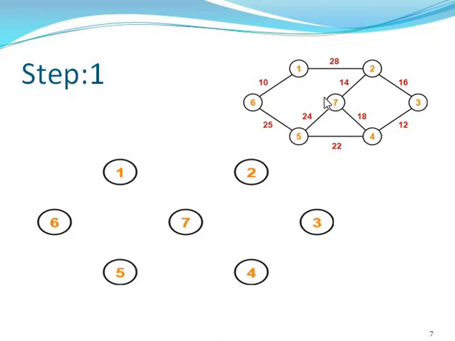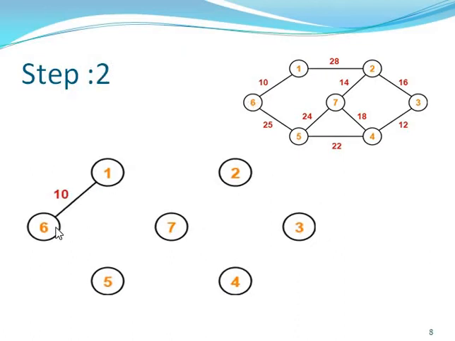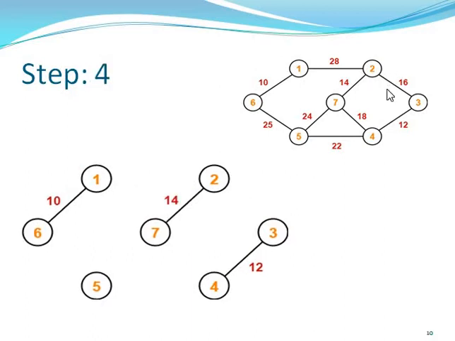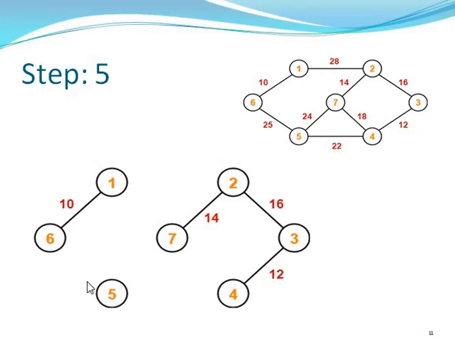So we can show that here the minimum weight is 10, then you can connect. Then after, the minimum weight is 12, then you can connect. Then after, the minimum weight is 14, you can connect, then after the minimum weight is 16, you can connect. Then after 18, you can show that this creates a cycle,